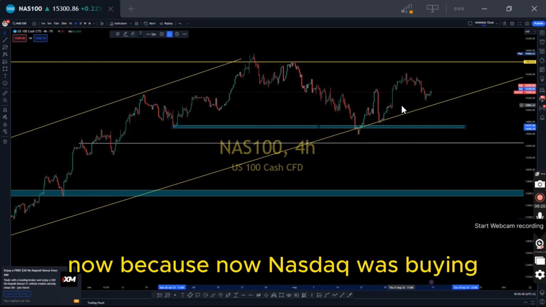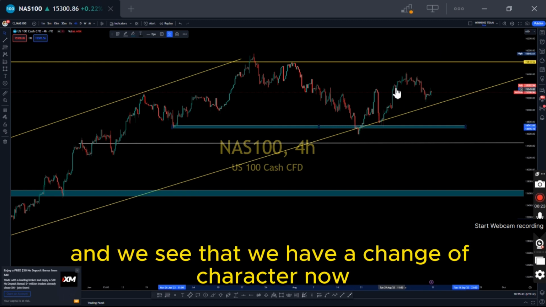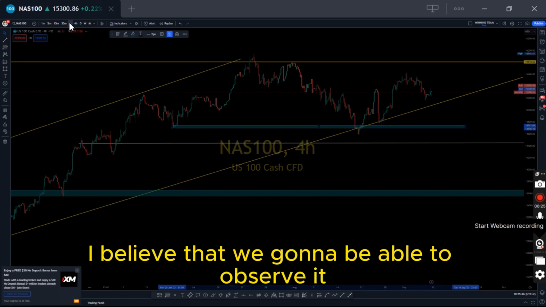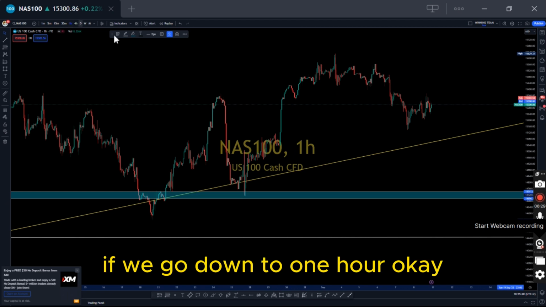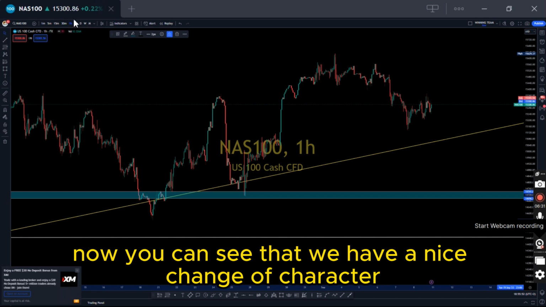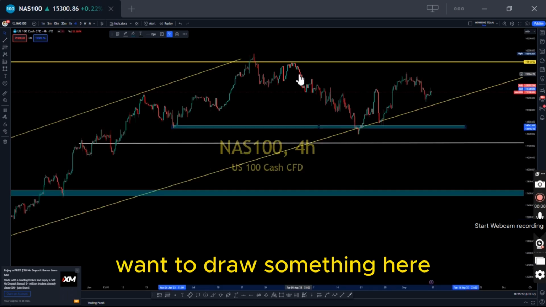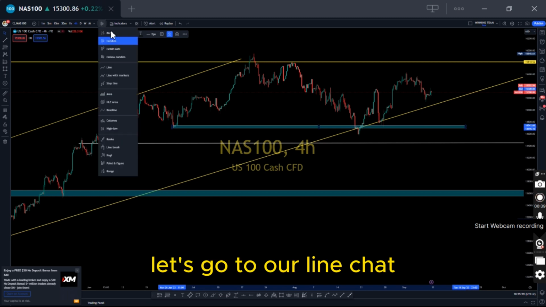Now because Nasdaq was buying and we see that we have a change of character where the market is, I believe that we're going to be able to observe it if we go down to 1 hour. Now you can see that we have a nice change of character. Before we continue, let's go back to 4 hours. I want to draw something here. Let's go to our line chart. I want to show you